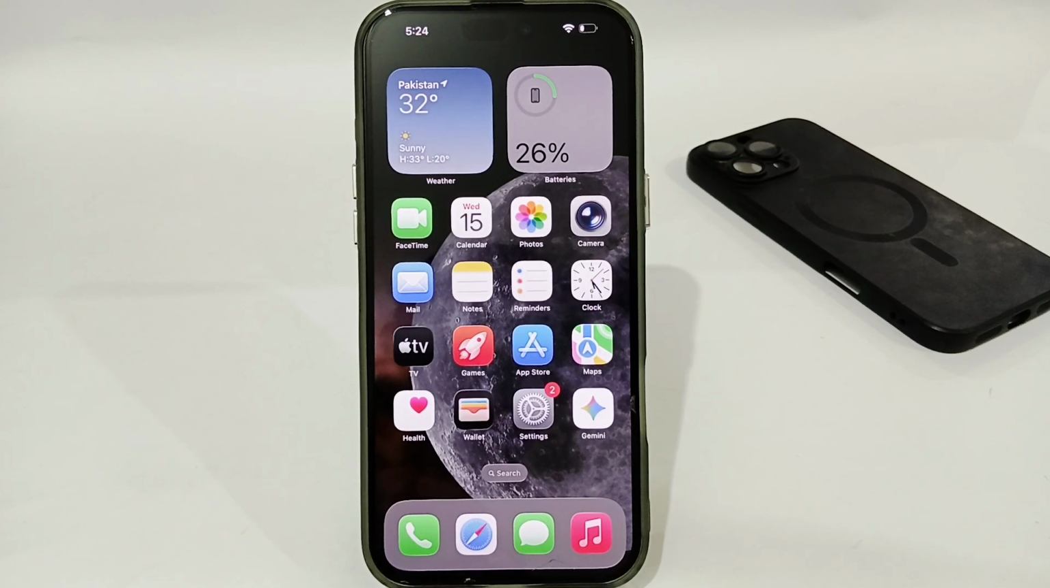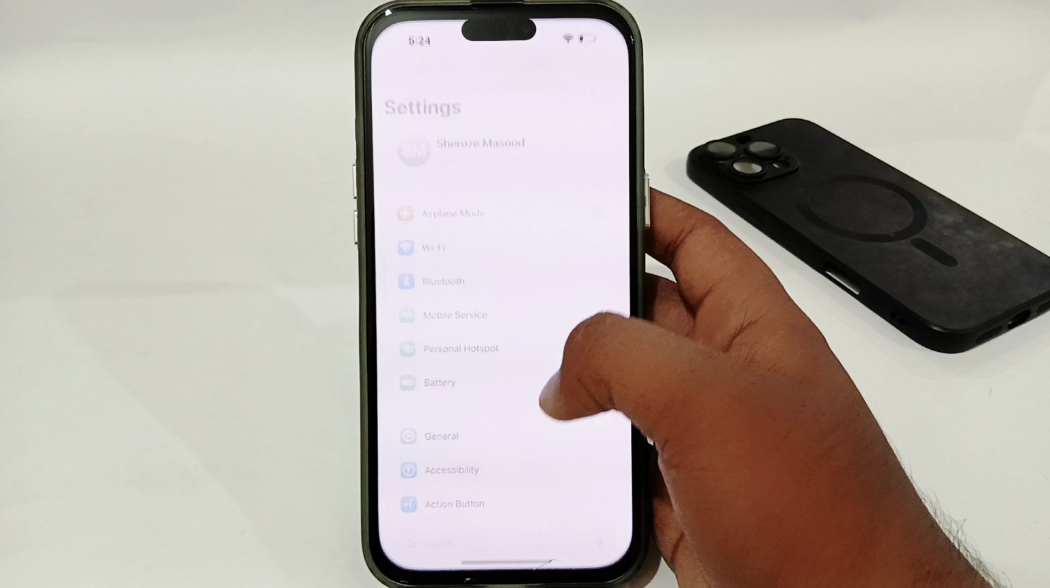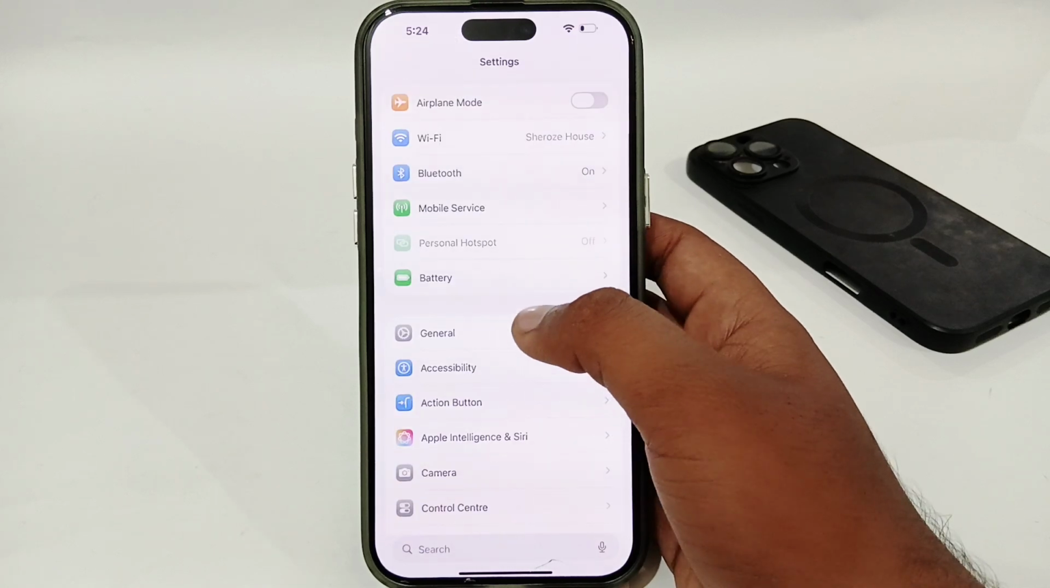Hey guys, today I'm going to tell you how to remove all viruses from iPhone. If you are using any iPhone and you want to remove all viruses from your iPhone, let's see how you can do that. So the very first thing, you have to open your settings and there go for general